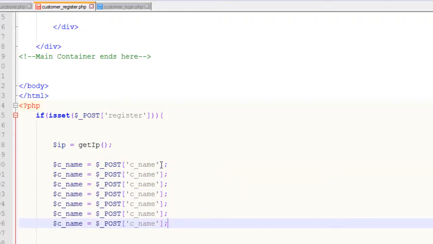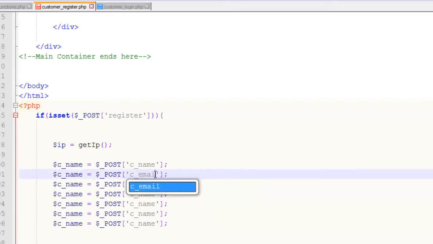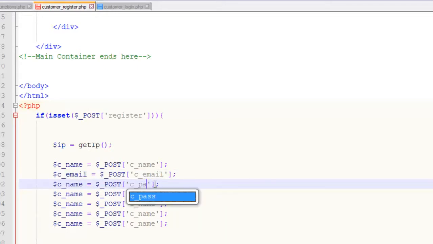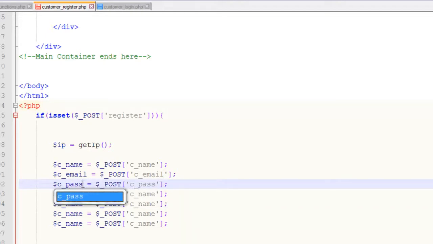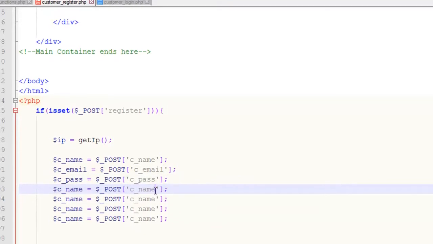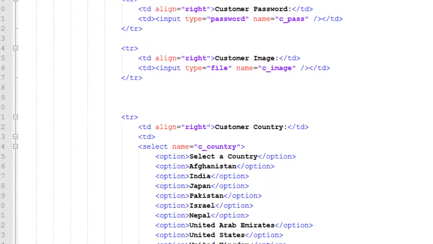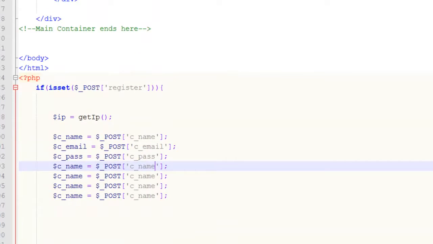for other input fields. The second one is basically the email. We change this also to email. Third one is basically password. Here we will also say password. Fourth one is basically, I think, image. Yes, image. That is image. C_image. The local variable will also be C_image, and this is basically